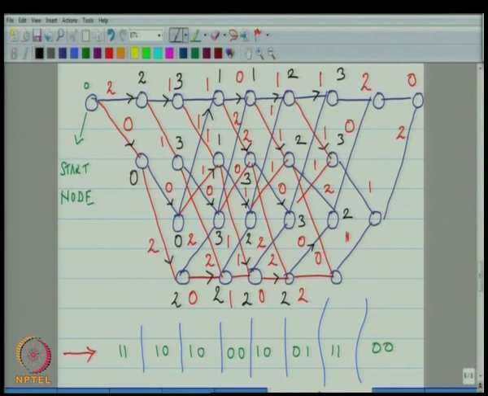And here it is either 2 plus 0 or 2 plus 2. So, that is 2, we pick this. Over here it is either 3 plus 2 or 2 plus 0. So, it is 2 plus 0, we pick this. This is either 3 plus 1, 4